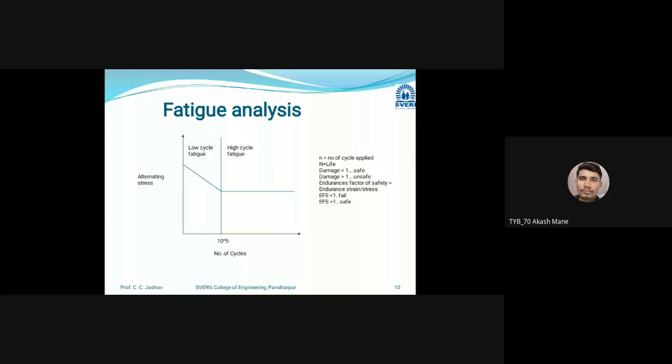Suppose I am checking the life of that part in n number of cycles, at 10 raised to 5. If you run that product at 10 raised to 5 cycles, before 10 raised to 5 cycles is low cycle fatigue, and after that high cycle fatigue. Within the low cycle fatigue, your product will be safe, and in high cycle fatigue, if your product fails, then you can mention that the lifespan of that product is up to this mark. So you have to conclude further that my product is